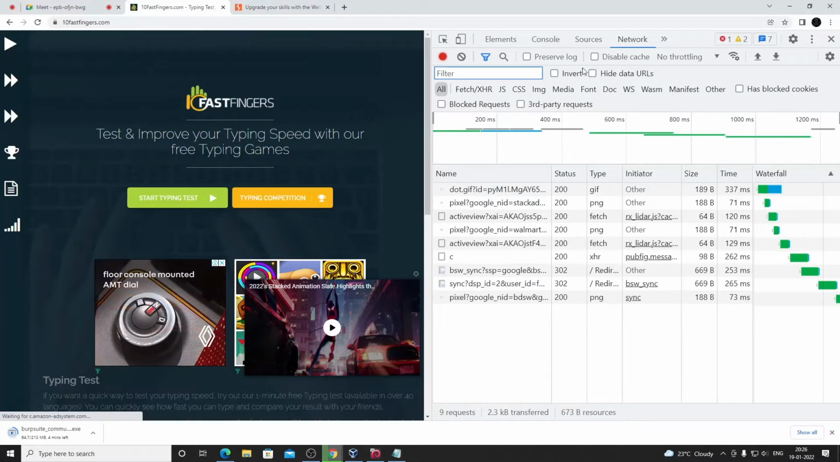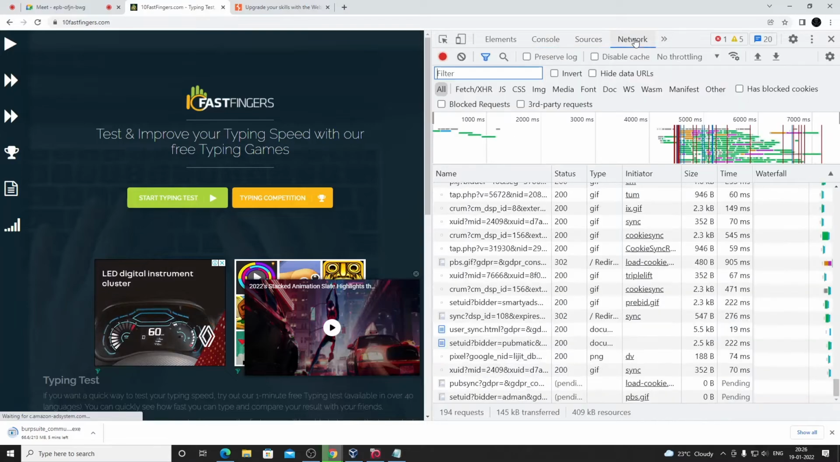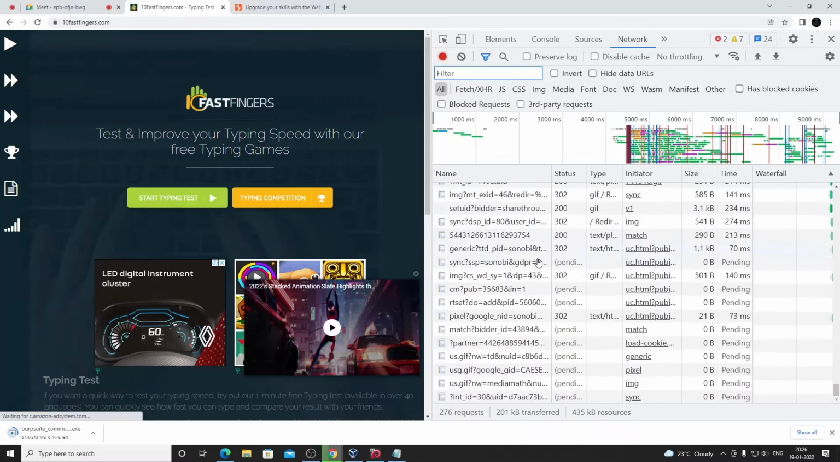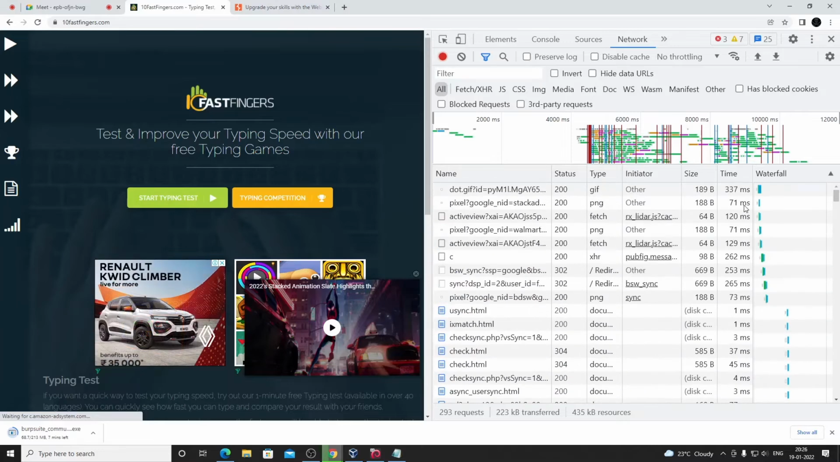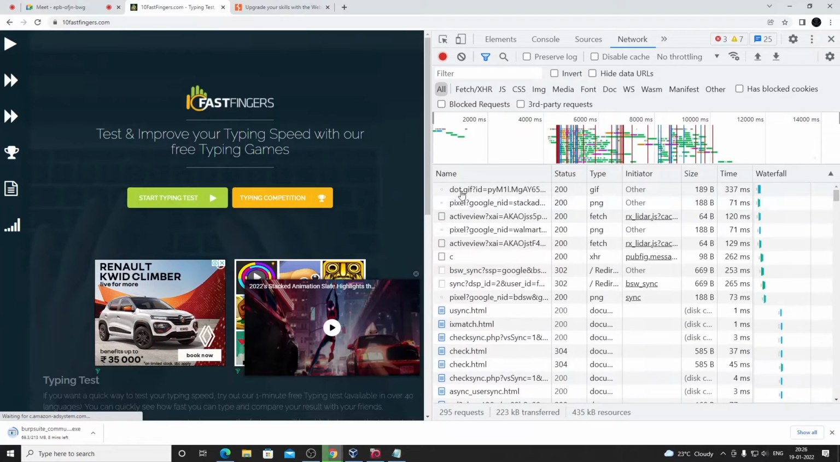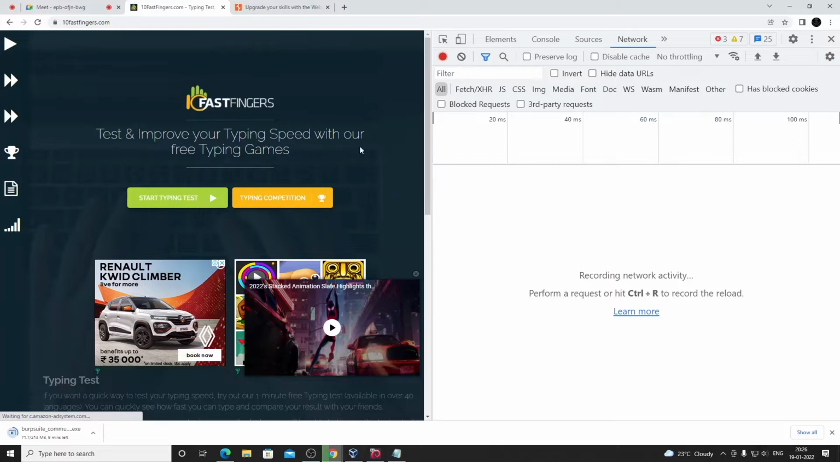Once you do that, here you have multiple tabs. Just go to the network tab, and you can see a lot of what is going on in the backend actually. All of these records are different requests here. What I will do is clear all of these by this button. And now see what will happen when I